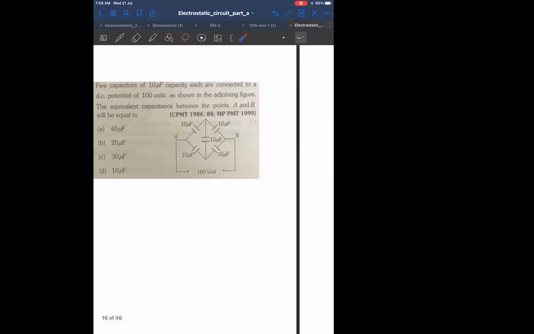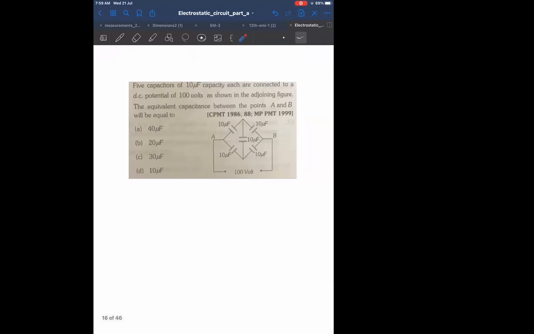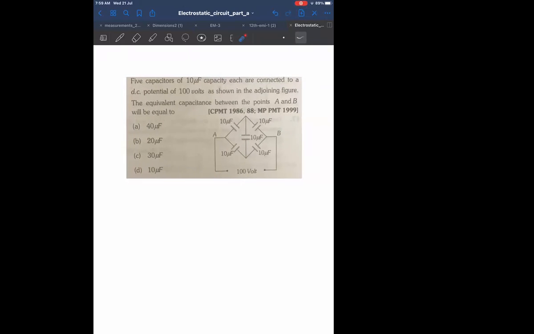Okay, so let me show you first, and then let me go back to the question. I want to find the equivalent capacitance between the points A and B. Now, since the bridge is balanced, there is no current flowing here, so I can eliminate this branch. Same as in current electricity. Therefore, these two will be in series, and these two will be in series. So the answer will be 5, also 5. And these two will be in parallel. So capacitance in parallel will add up to give me 10. Therefore, the answer is 10.